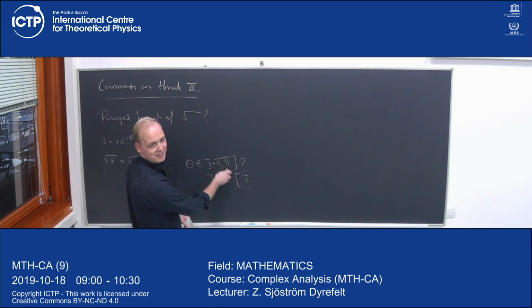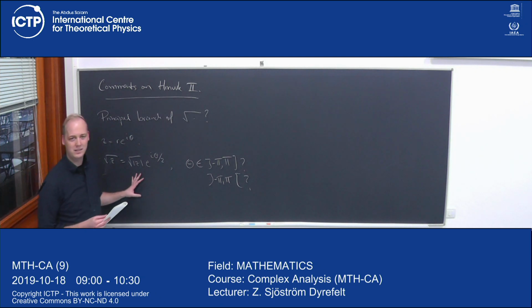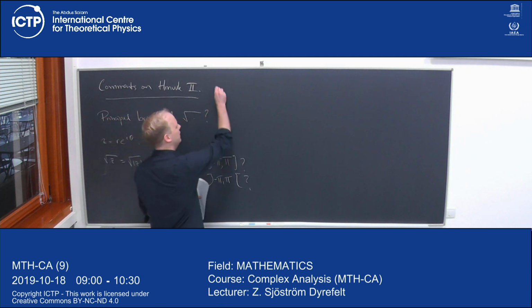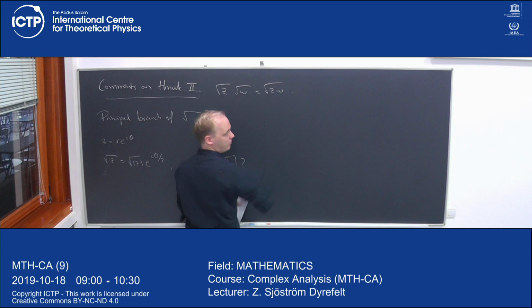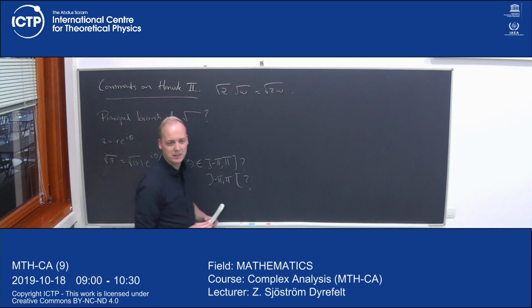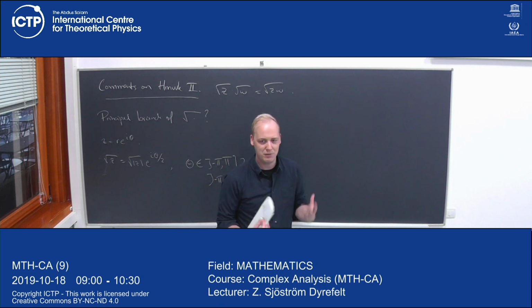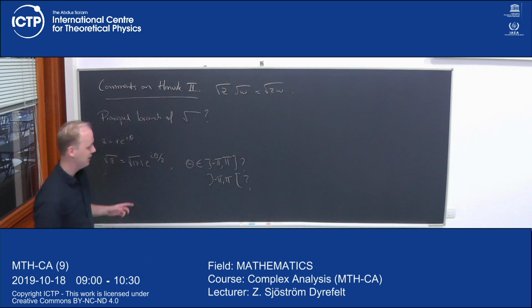So half the class did this and half the class did that, basically. And both of these are completely fine for this exercise, because now we're asking about the identity if square root of z times square root of w is equal to square root of z times w. So this does not really require any finer properties of this function. It does not have to be analytic everywhere it is defined. It does not even have to be continuous everywhere it is defined. But I still,